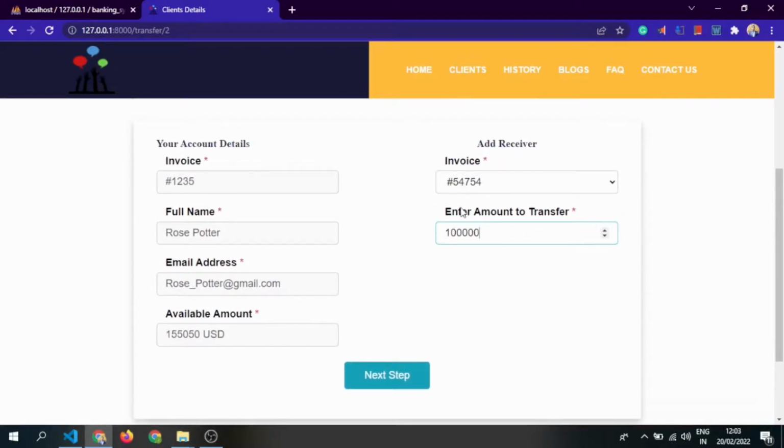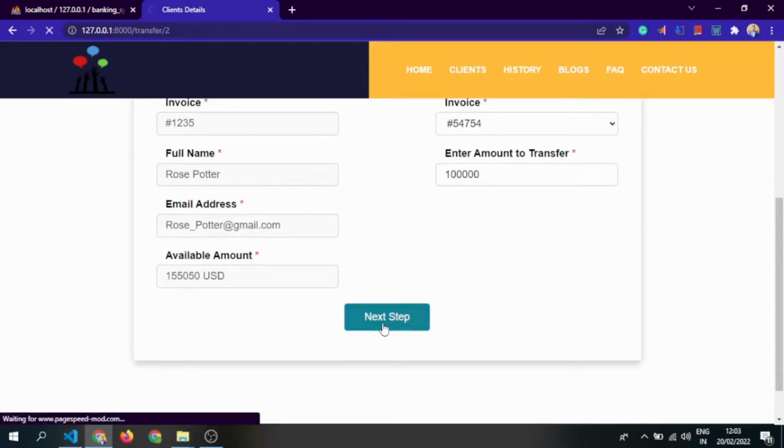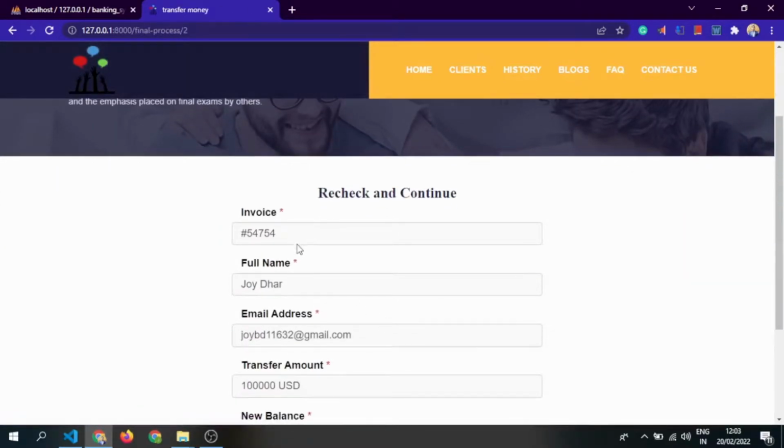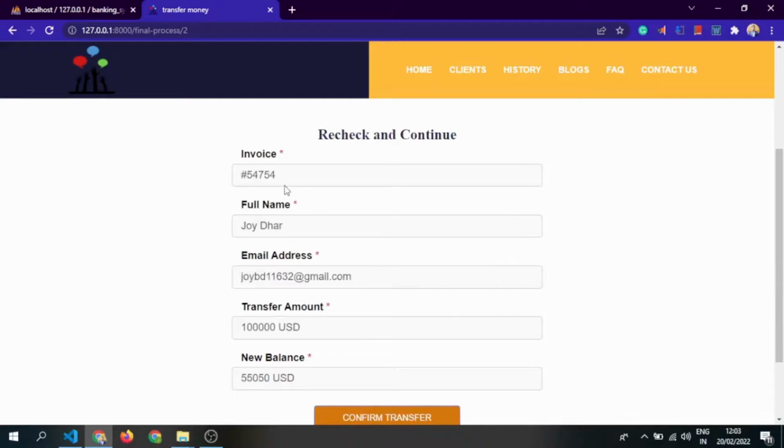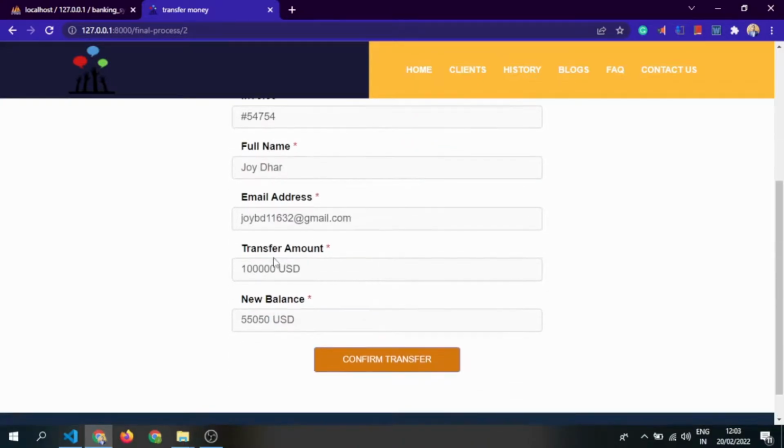First step, just select your account amount and the receiver account. After that you can see the full details of whom you are going to send this money to. You can see my name Joy and my email address. The transfer amount is 1 lakh. After transferring, how much will be in Rose's account?